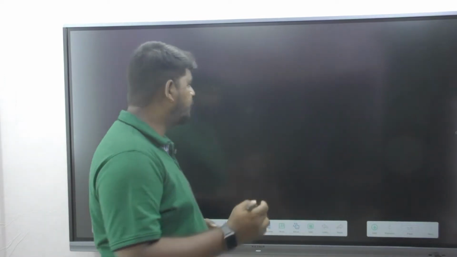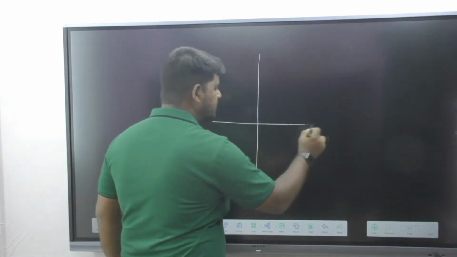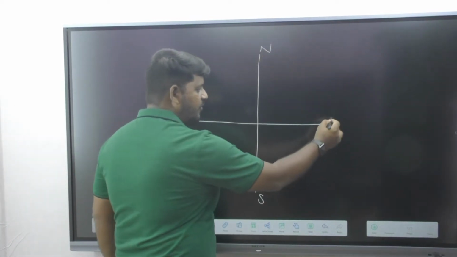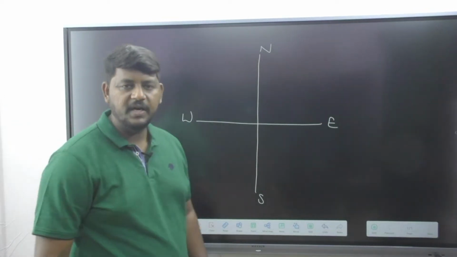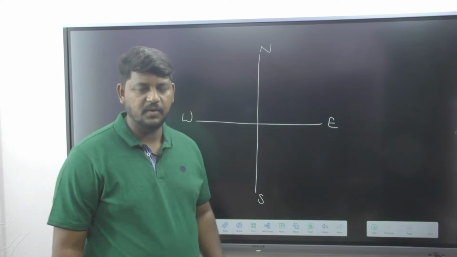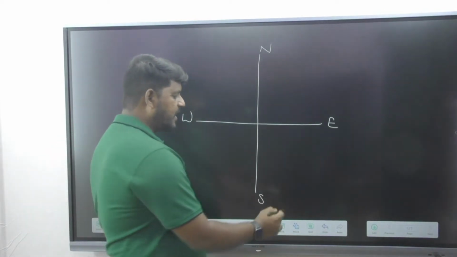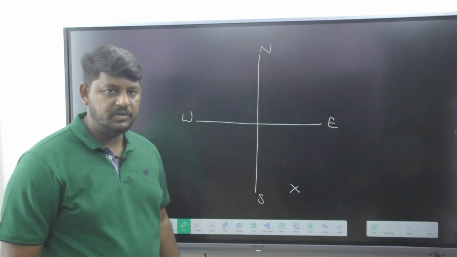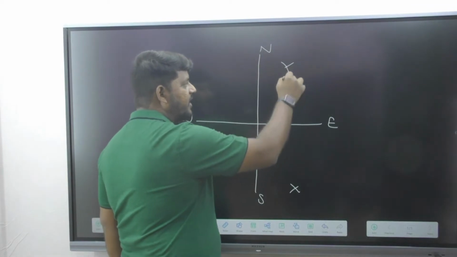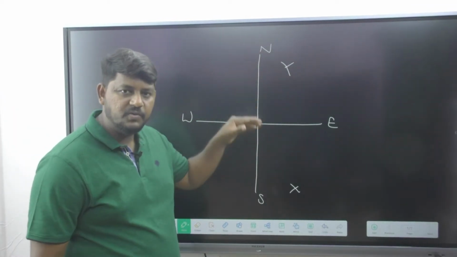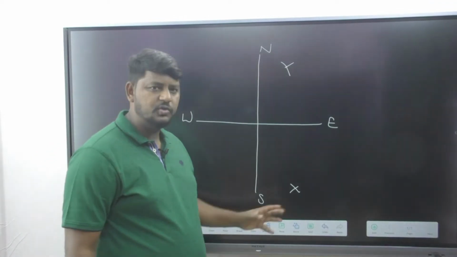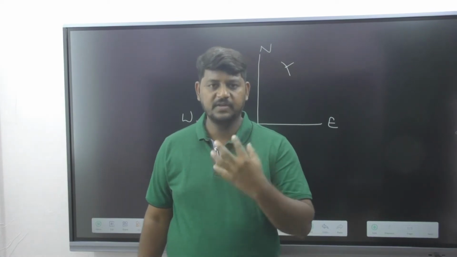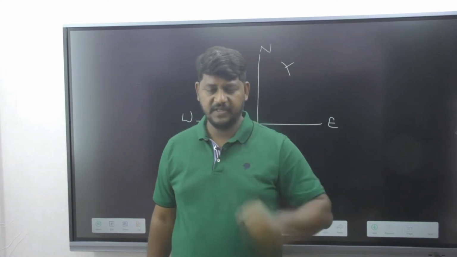So before that, you please observe over here what is the way you are supposed to understand before solving our questions. Let us observe over here. I'm going to teach you the easiest way and very conveniently how to remember where exactly the shadows are going to be falling. Now imagine a person called X is standing at south but facing towards what direction? North direction. And imagine a person Y is standing at north but facing towards the south direction. Please try to imagine two persons are facing opposite to each other just like us. You are standing at south and facing towards north. I am standing at north but I am facing towards south.